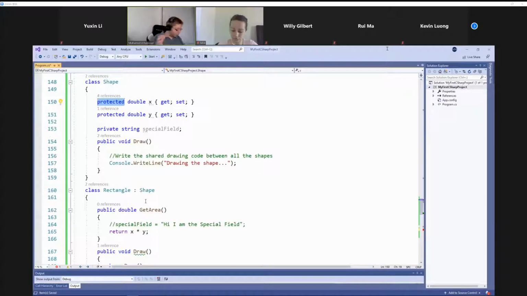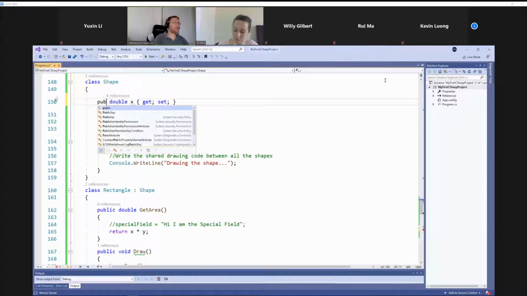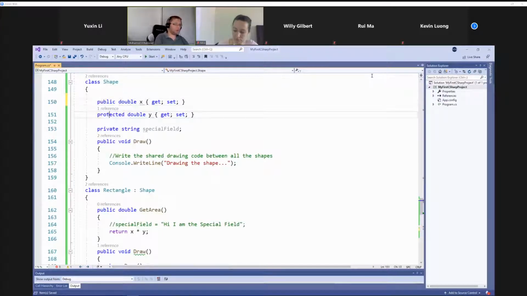So that's the difference. If you want it just for you, you need to make it private. If you want it for you and your children, you make it protected. If you want to make it for anyone, so it's not like a secret and I want anyone to change it,